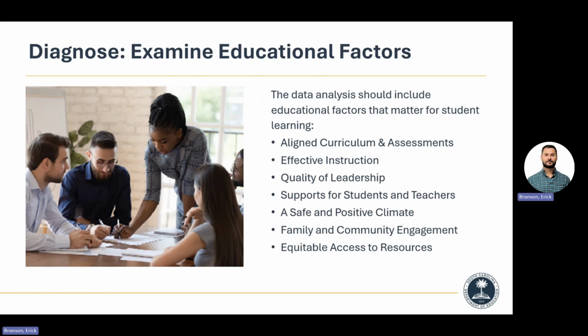Supports for teachers and students. If my child is not on grade level, do I have the intervention supports I need? Do I have quality academic coaches? Do I have good tier 1 interventions that are being done in the classroom? Do I have good tier 2 interventions that are done either in the classroom or in a pull-out setting? Do I have those opportunities for kids to close gaps? If I don't, how can I do that? That's where the needs assessment comes in, including Title folks, special ed folks, right? There's resources out there. How can we utilize those in a way that we can help as many kids as possible?